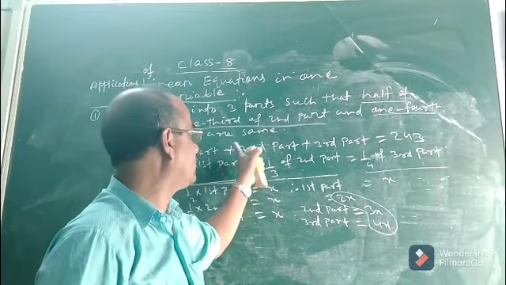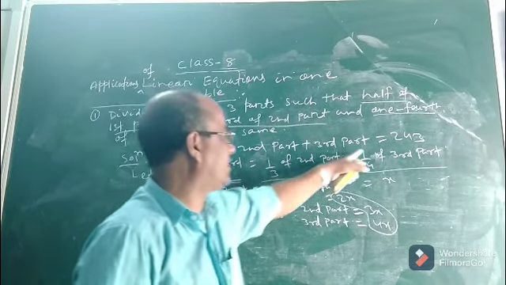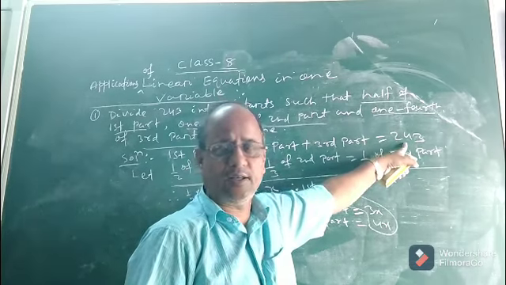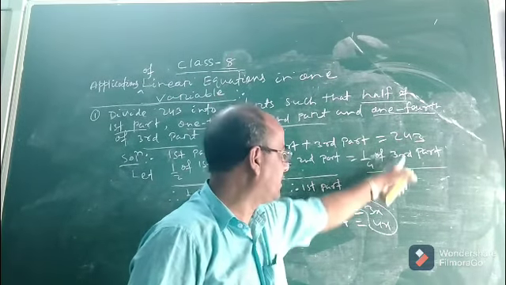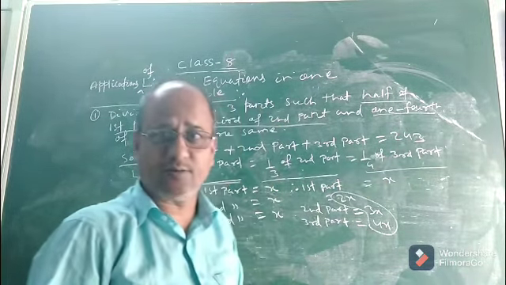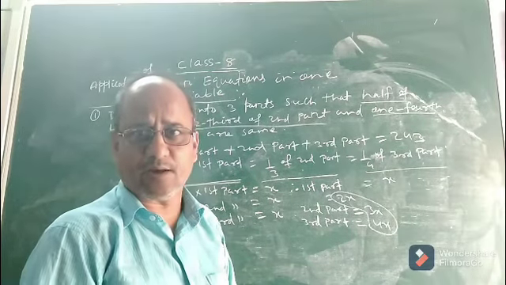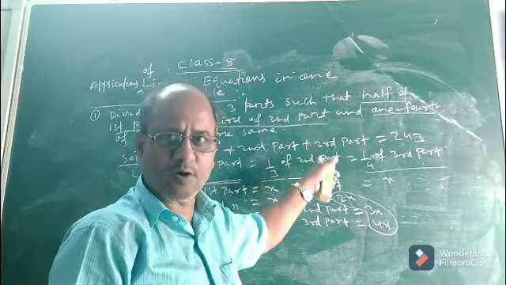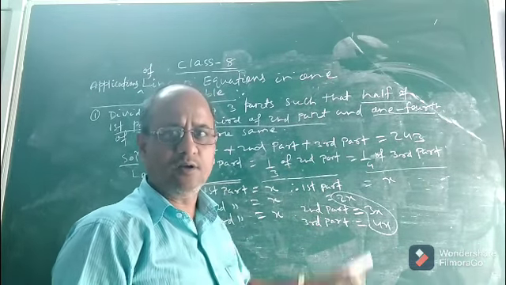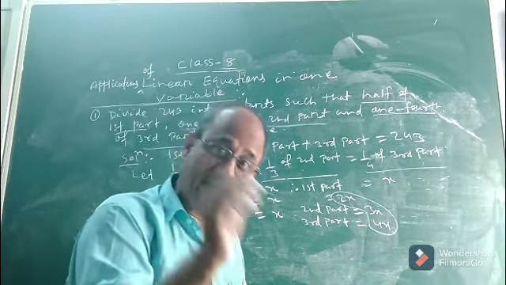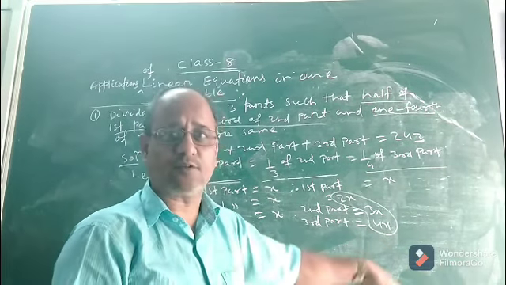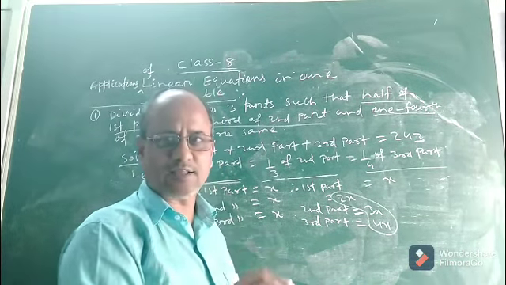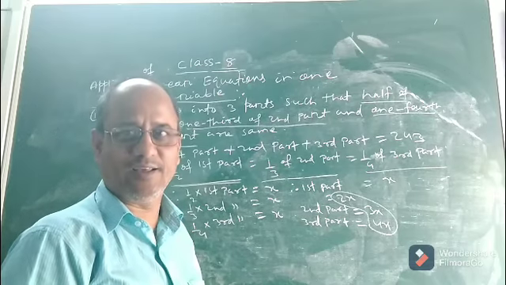Now what is their sum according to the question? Their sum is 243. So if you add the three, you will get 243. That is a linear equation in one variable. In application, first we have to take something, some unknown quantity, as x. From the given condition, we have to frame an equation. Then we have to solve. You know this thing in class 7, how to solve a linear equation in one variable.